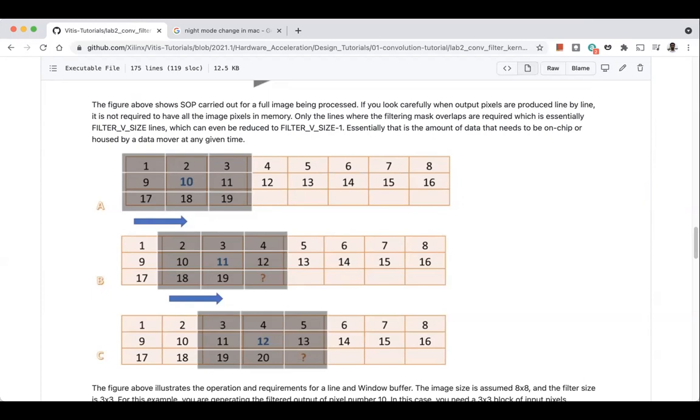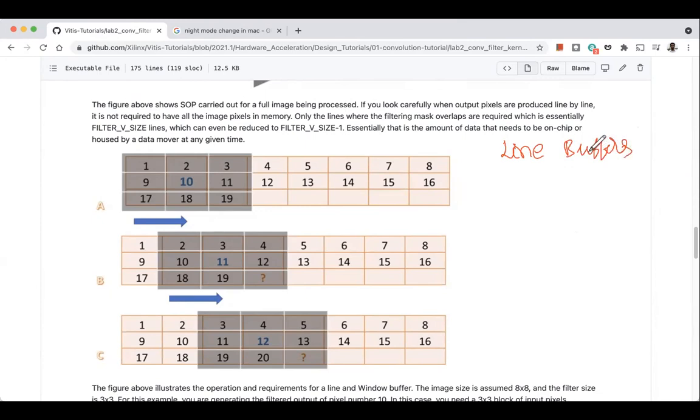Okay, excellent, very good idea, and that's what we will be doing. So we maintain what is called a line buffer. This is a common design technique used whenever we are working with image processing applications.